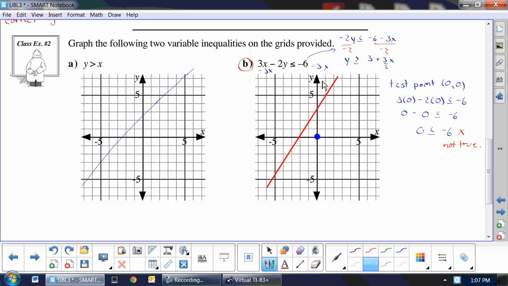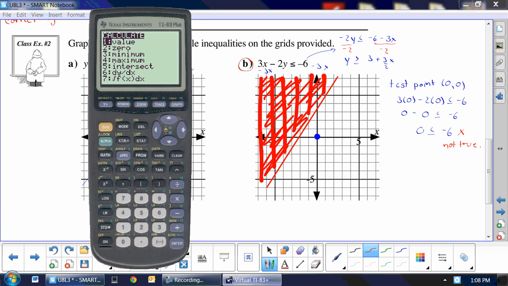Okay? Exactly. So shade it up here, so that you can show me on a test where that solution is. Yeah. Okay. So we know that,